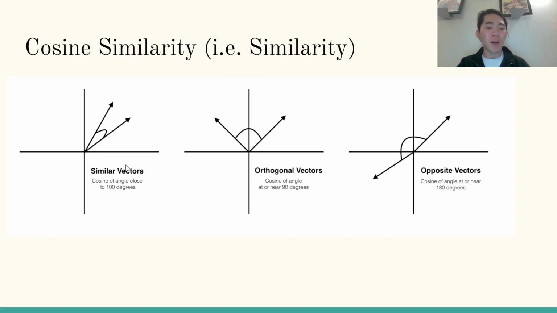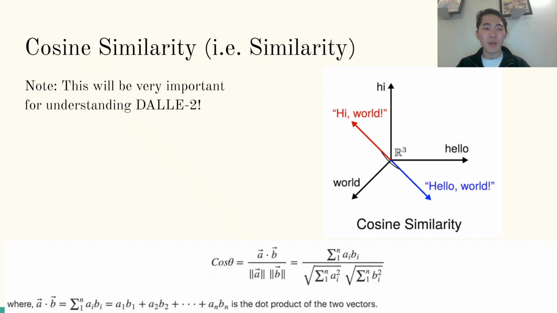So if they are very similar vectors, you will have a very small angle, because the angle between the two will be very, very close. Whereas if they're orthogonal, they'll be quite different. And if they're opposite, well, man, they are really different. And you can calculate it using this formula. It's very, very computationally cheap and easy to do. And here is just an example where